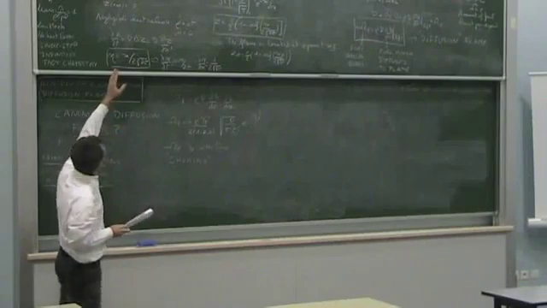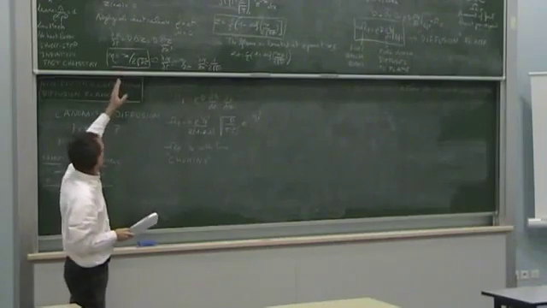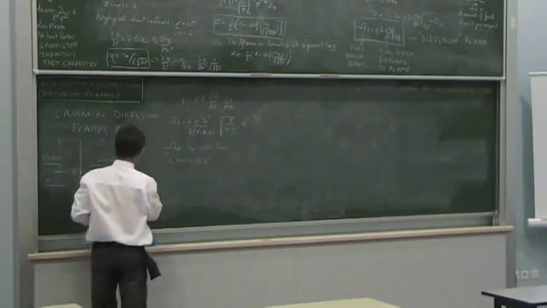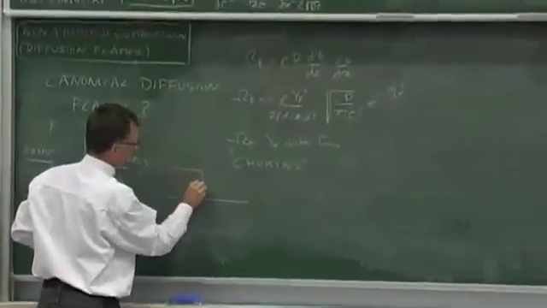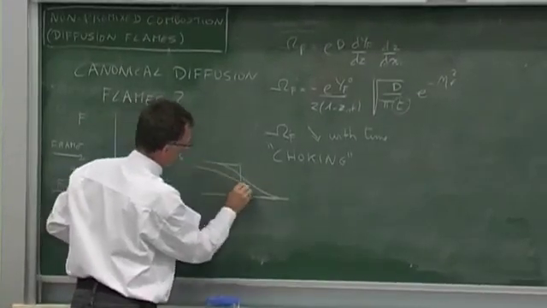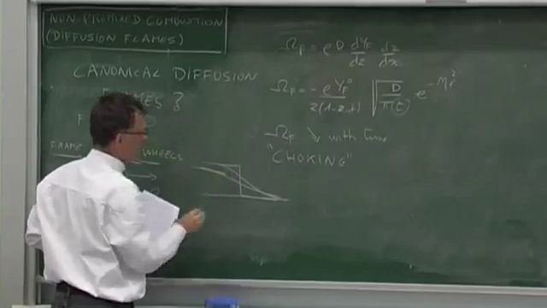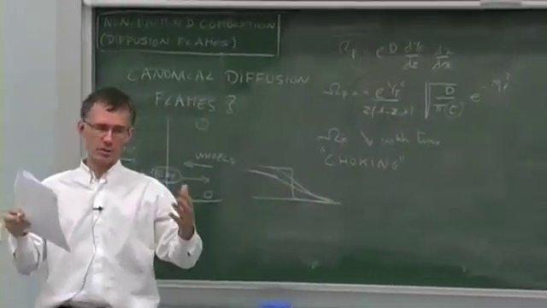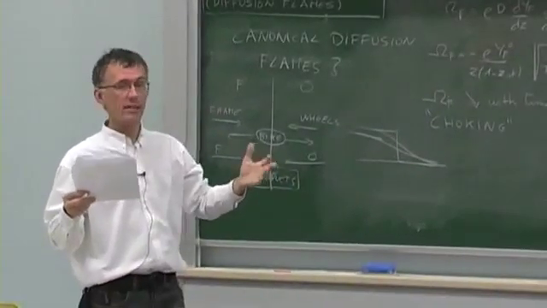When you start it from this step function, it's going to burn strongly because you bring a lot of fuel to it. As time goes by, the initial Z profile looks like this, and as time goes by, the Z profile looks like this, and then like that. So the fluxes are less and less, and the reaction rate goes down. So this flame is actually going to burn less and less.